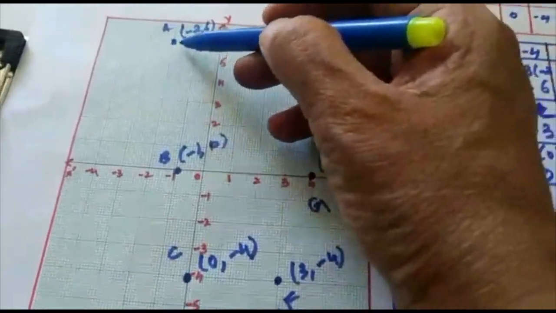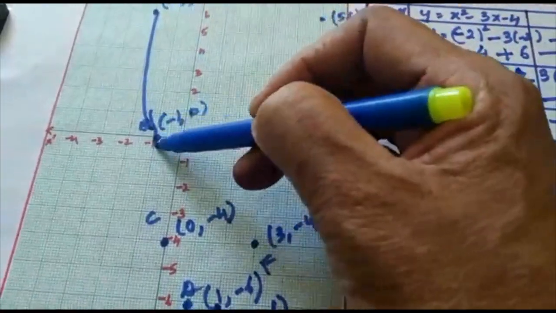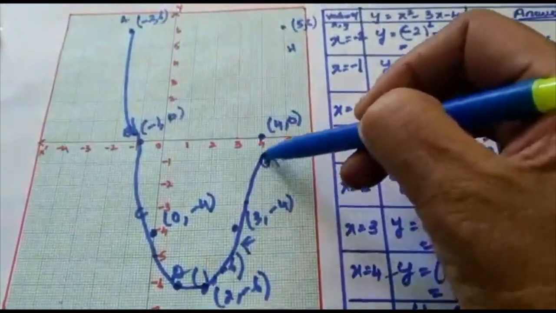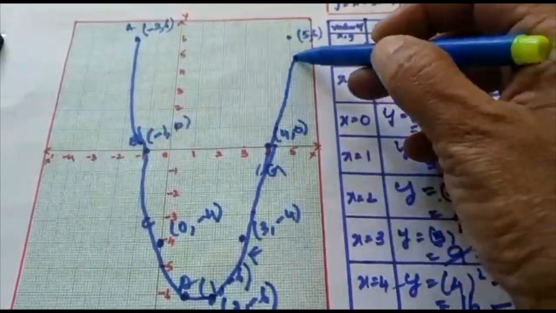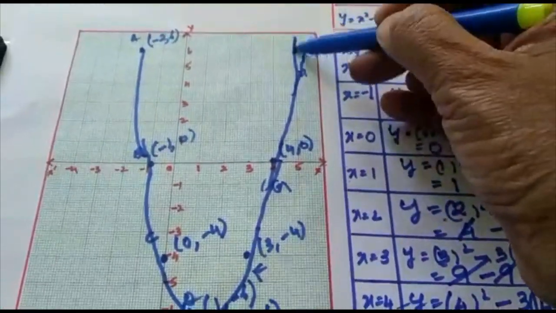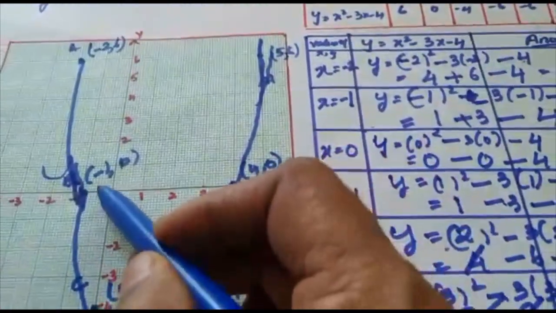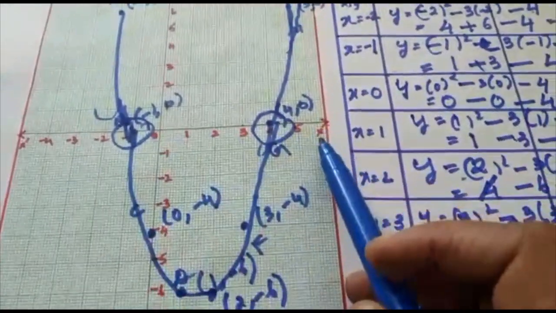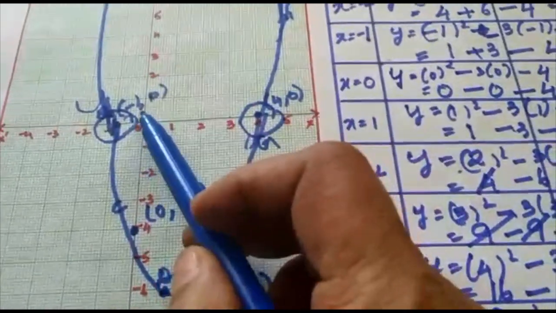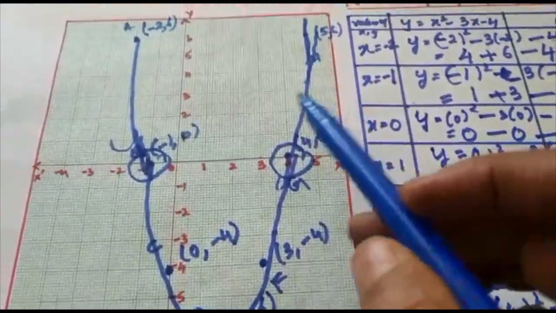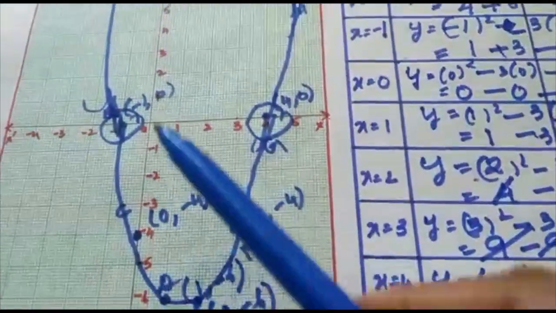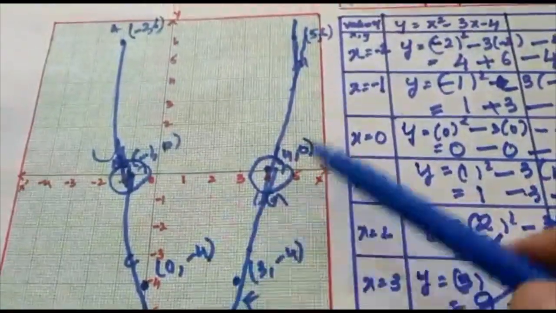Now if you are going to join these points with a free hand over here, you are going to see a parabola. This figure you call it as a parabola. Now where is the point meeting in the x-axis? These are the 2 points where it is meeting on the x-axis line. This coordinate minus 1 comma 0 and 4 comma 0. So whenever you make a graph for the quadratic polynomial, you call this figure as a parabola. What is this figure called? This figure you call it as a parabola.